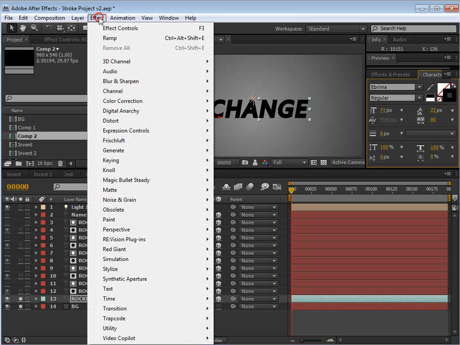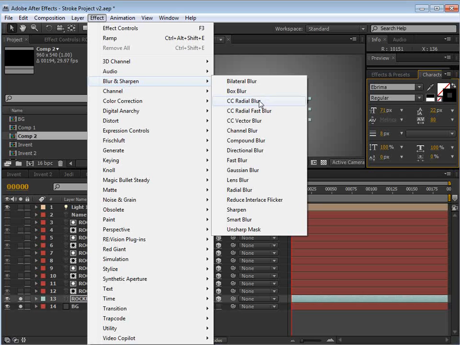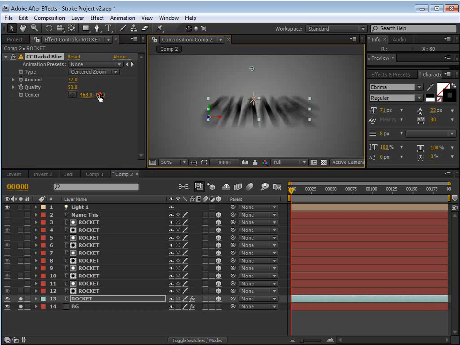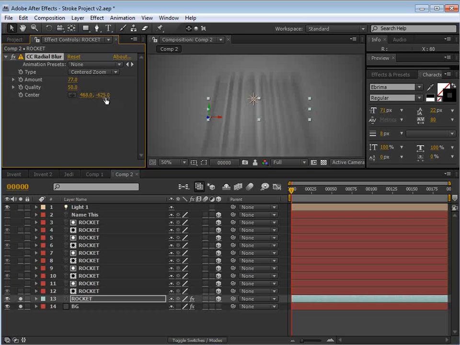We want to set this one to be black because it's going to be a shadow. So we'll choose Effect, let's see, Radial Blur, and we'll set this to Centered Zoom and turn it up a little bit. And it kind of creates like a streaking effect. And if we move the position really, really high, we can just drag this, then it almost creates a bit of a shadow. So if we shut all this off here,